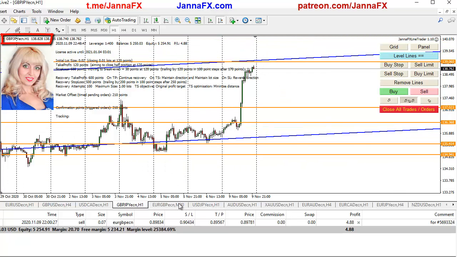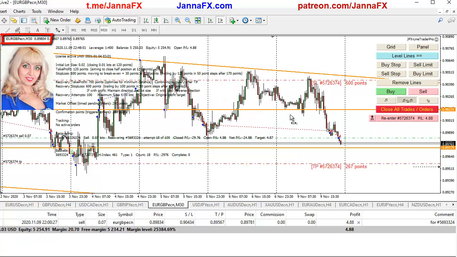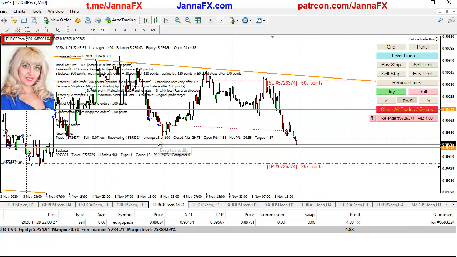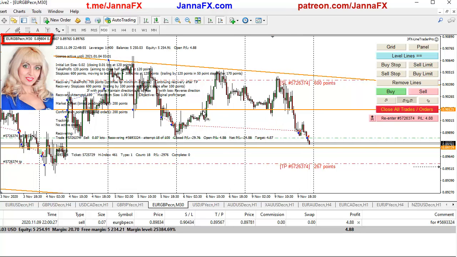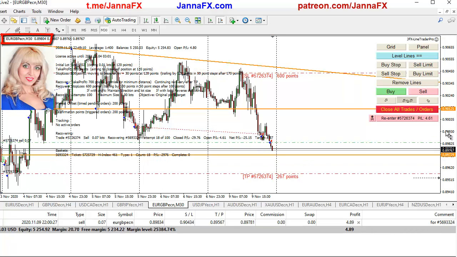Okay, guys, so we are with euro pound again, and remember I was showing you last week, look at this, 18 attempts it has. It has 18 attempts because what I do, guys, is I dump a little bit of the profits every time it gets into profit, you see. So I have set up a trailing. It's the new settings, which I will make a video about, possibly on Tuesday, and maybe release it on Tuesday or Wednesday. So we will see. And I think the new version of EA is going to be released.